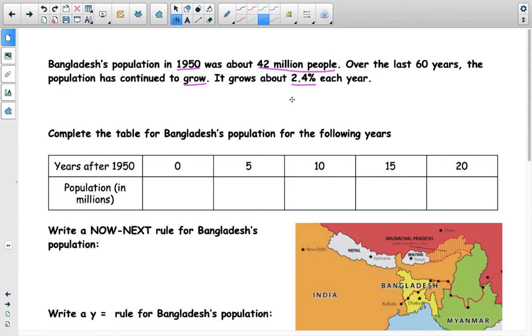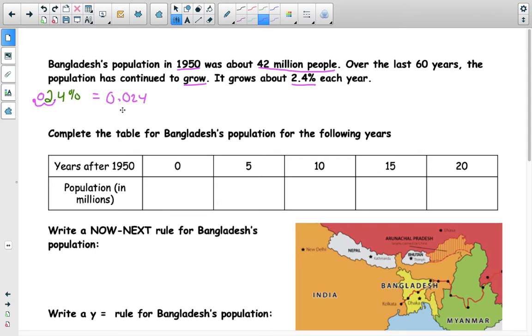So let's think about that. We don't ever want to see a percentage. We have our starting value of 42 million people, but we need to know our factor, not our rate. So 2 4/10% is a rate. We want to take our value of 2 4/10 and rewrite that as only a decimal by moving our decimal value twice to the left and adding zeros in the spaces. This gives us